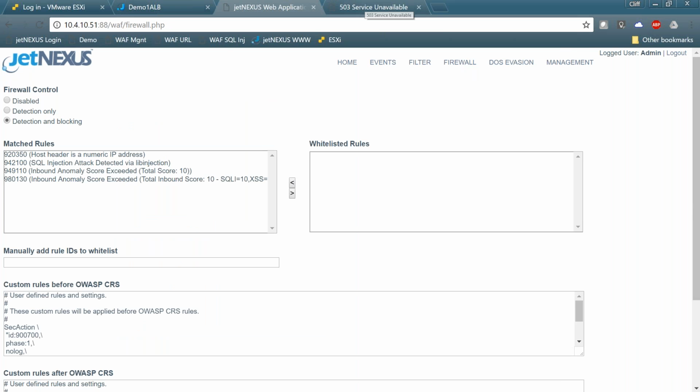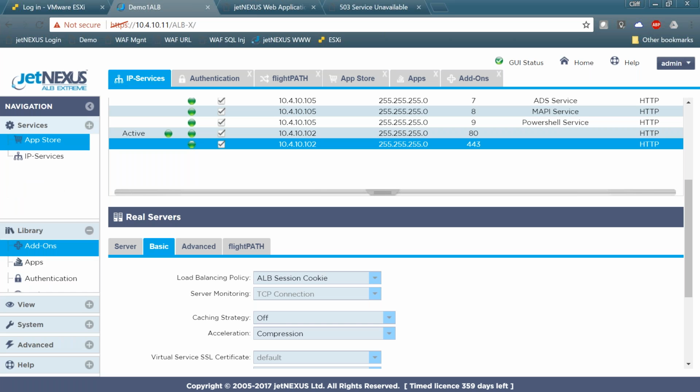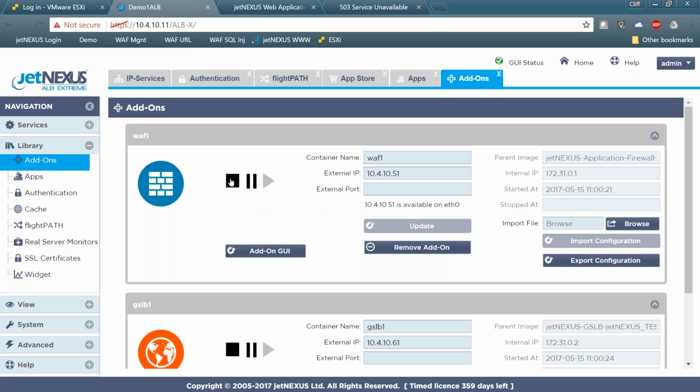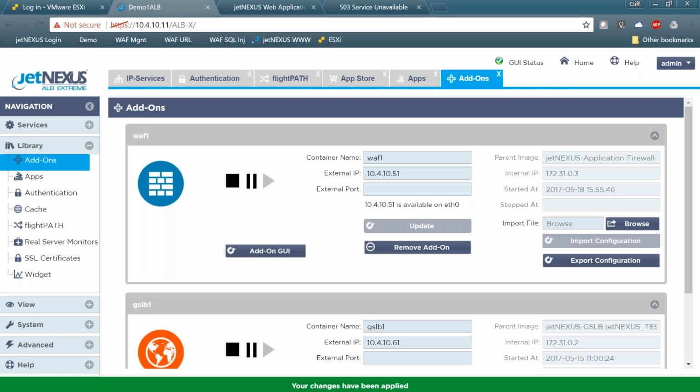So what I'm going to do, just bear with me, is stop and start my WAF service so that it takes on the configuration. So let me go back to library, add-ons, and stop my service. See the name that it's got, so this is where we're sending the traffic through to. As I say, you can choose this name. I'll start